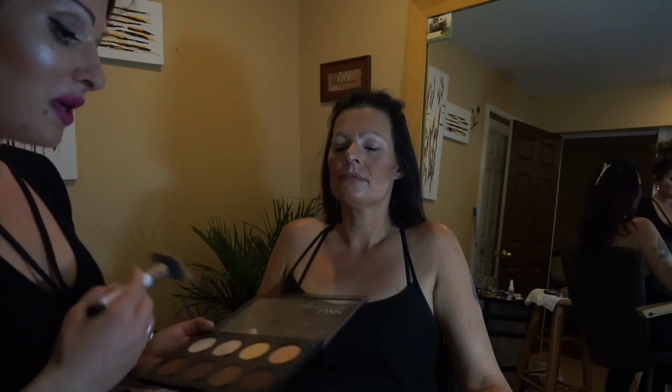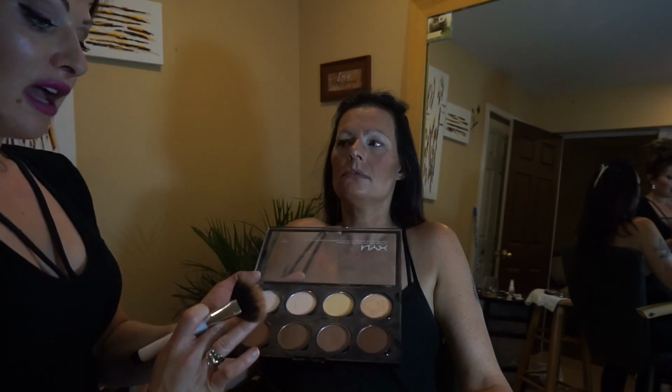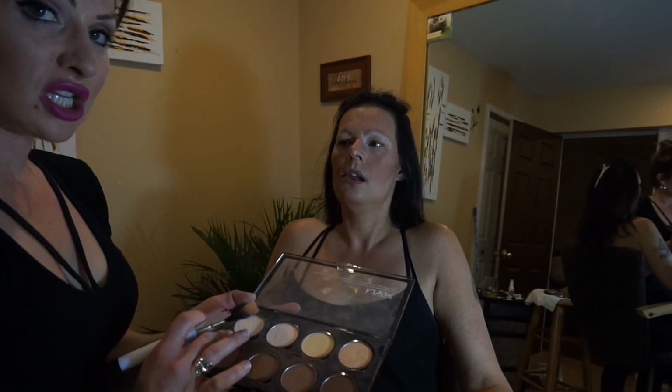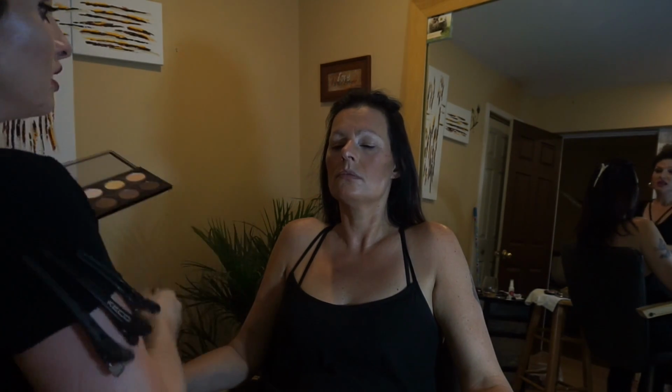So when we're going through and we're going to add our Aurora Glow, in place of the Aurora Glow kit, I do have a highlighting kit here. I have some shimmery shades and some matte shades. The matte shades are great for brightening an area, but the shimmery shades are really good for highlighting an area. So we're going through and looking at her skin tone. I feel like the palest color might be a little bit too bright to use everywhere, but I'm going to go in with the second shimmery shade, which is more of a peach shade,